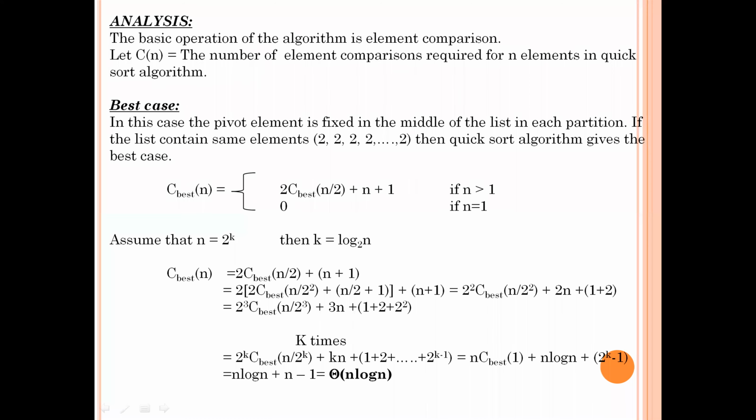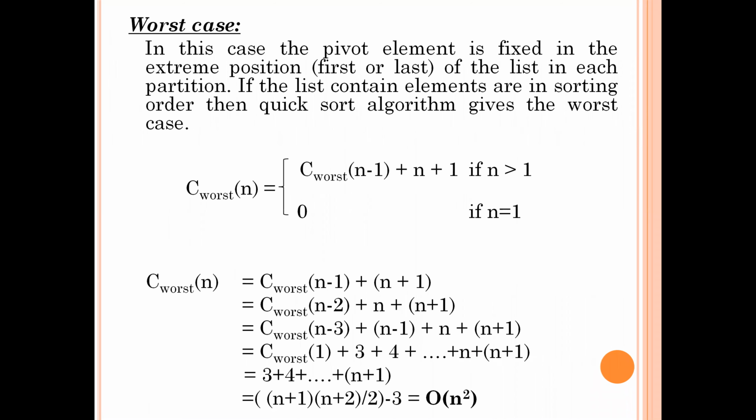So if you divide the list and go on like that, then you will get a list of size 1 element, so that is n is equal to 1, that is C of 1. C of 1 is 0. Next, you will get kn. Here k is how much? Log n base 2. So n log n plus this will become 2 power k minus 1. If you simplify, out of all this you will get big O of n log n. So this is for the best case. Similarly, you can also compute for the worst case and also the average case.